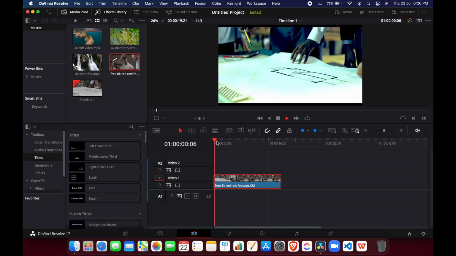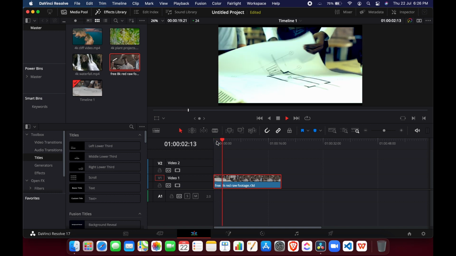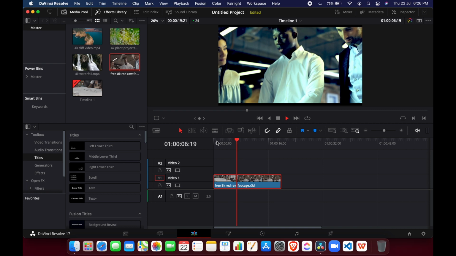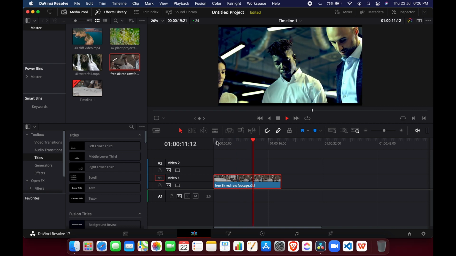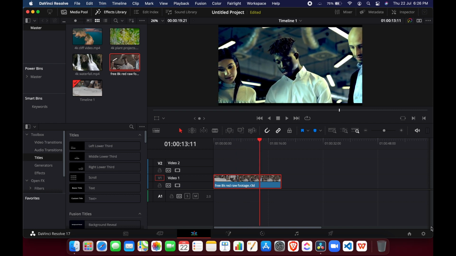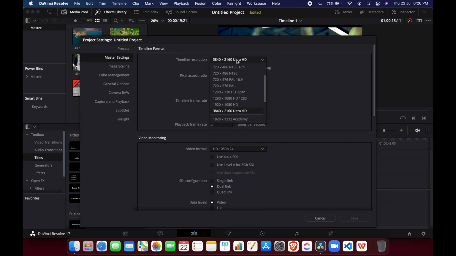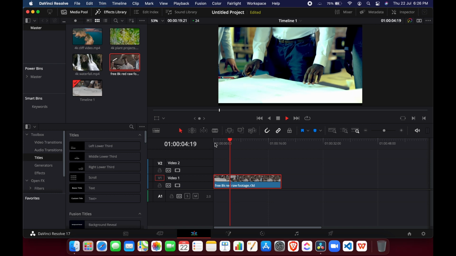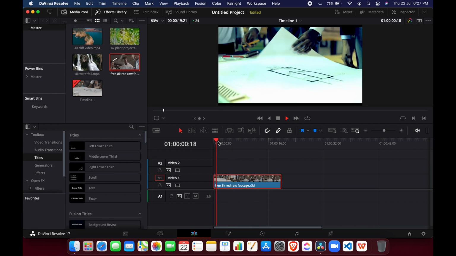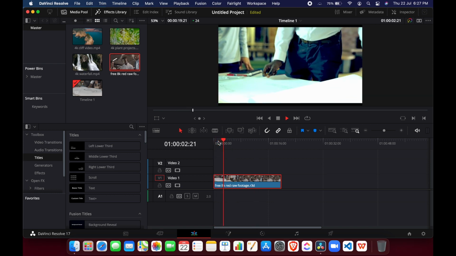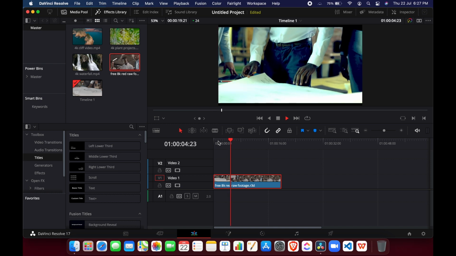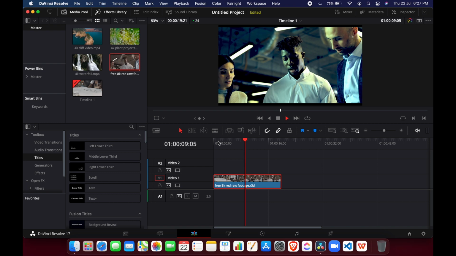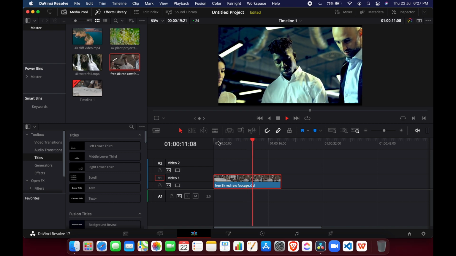So on an HD timeline, even with color grades it was playing back perfectly, but on a 4K timeline it's struggling a bit. It's not struggling quite a lot, but yeah, it is struggling. So let us again drop the timeline resolution to 1920 by 1080. So the footage is playing back perfectly. So we are able to edit 8K red raw footage with color grades applied on a $999 base model MacBook Air. This is really good.